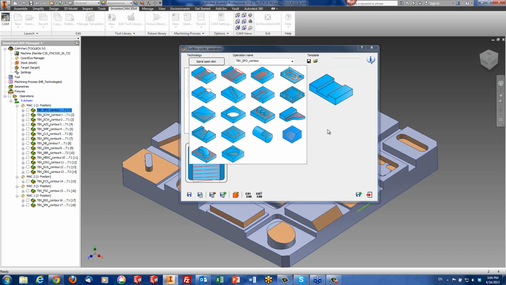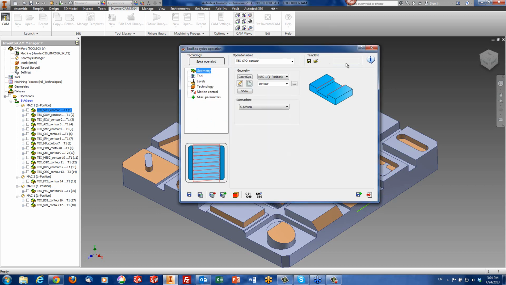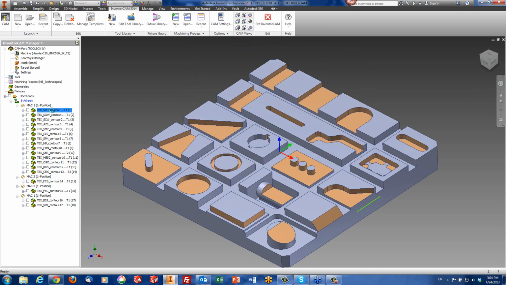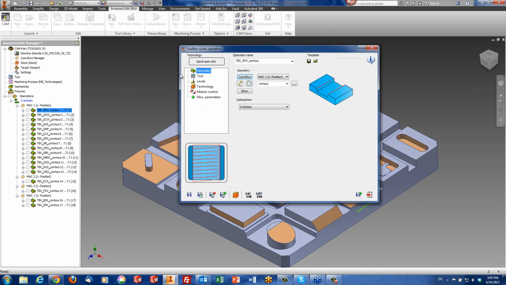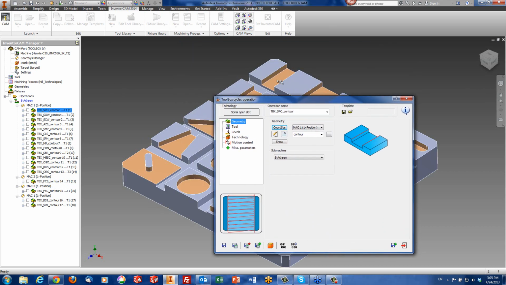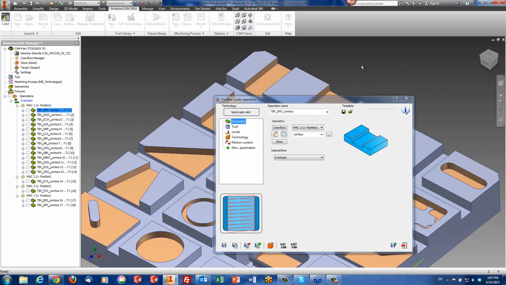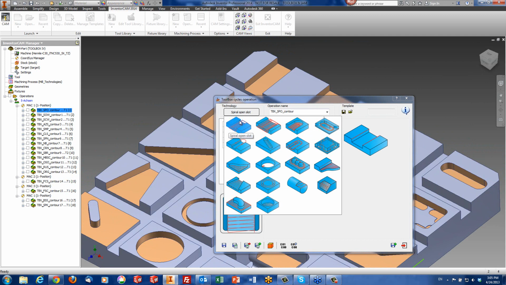Now, the first one I'd like to do, we'll close this one that I have over here. I'll take the first operation that I created over here. And what I'd like to do is work on this slot as shown over here. The way I'm going to work on it is what we call a spiral open slot. I took the very first operation over here,